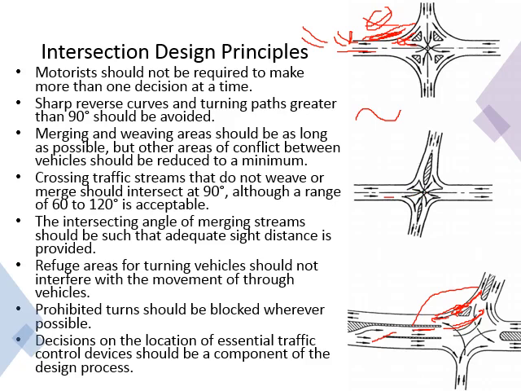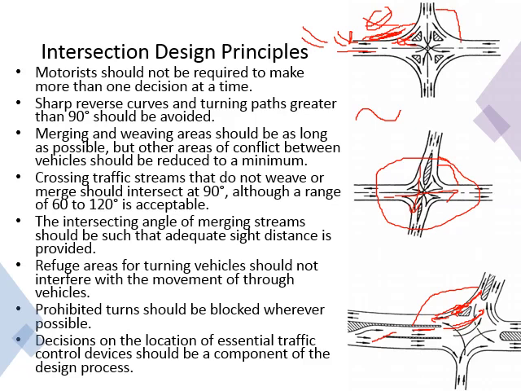Make sure these crossing angles are as close to 90 degrees as possible. You see in this case for this intersection, crossing is not at 90 degrees because this angle is not 90 degrees, right? So if somebody is going straight like this and somebody is going straight in this direction, they cannot cross at 90 degrees, because the roads are not at 90 degrees. Try to make sure the roads are crossing at 90 degrees, something like this, which is happening here. The roads are almost at 90 degrees to each other.